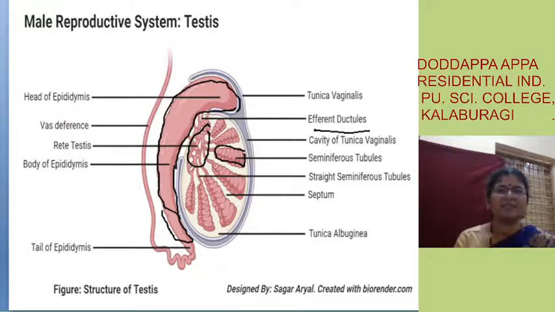This is the epididymis. I told you that in the epididymis the sperms are stored for some time, and then they will get matured. Sperms are stored for some time and then they will get matured. And this epididymis will get continued in a structure called vasa deferens. So that is about the